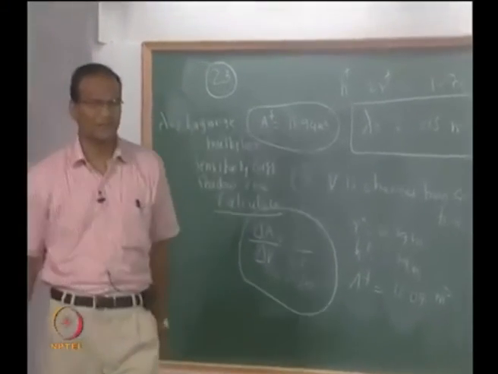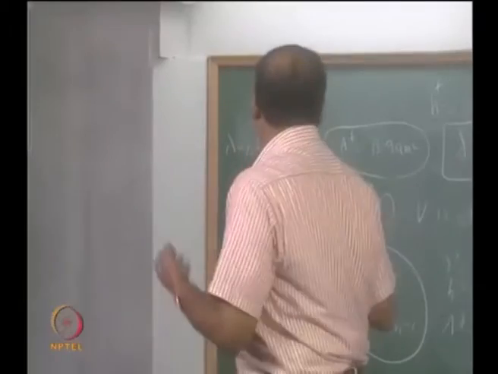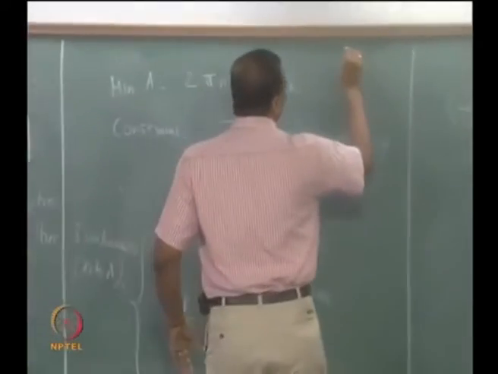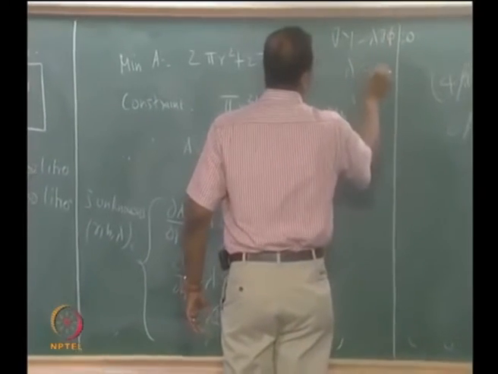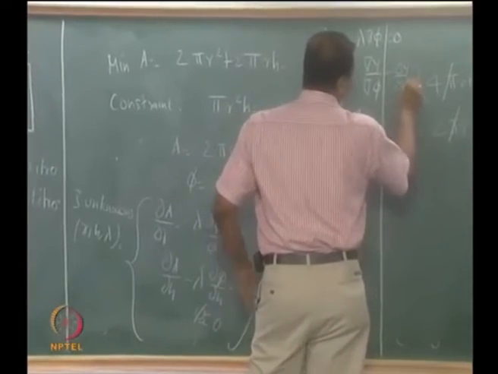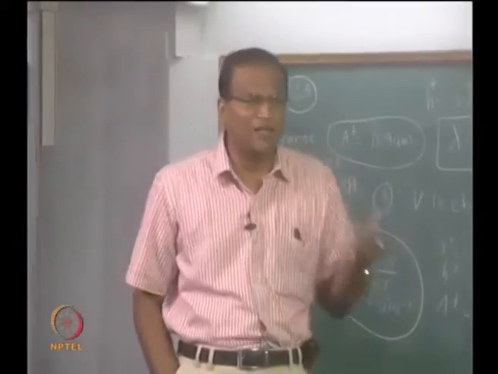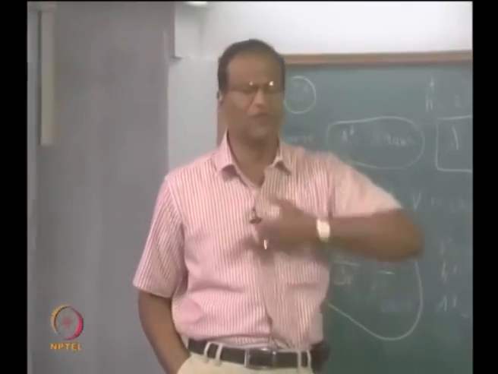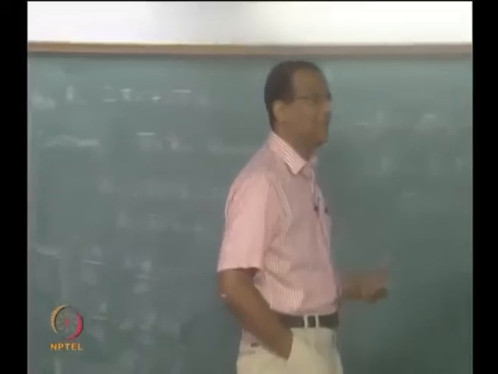If I relax the constraint from 4 meter cube to 4.5 meter cube, how much additional area can I get? What is the sensitivity? In fact, it comes from the governing equation itself. So, delta y minus lambda delta phi equal to 0. So, lambda is nothing but del y by del phi. How this inverted delta becomes delta, we will see in one of the later classes. Conceptually you can figure out that it is basically del y by del phi, the change in the objective function with respect to the change in constraint. If there are m constraints, each of these lambdas represents the sensitivity of the objective function to that particular constraint. In this case we had only one constraint, so the sensitivity of the area to the constraint.